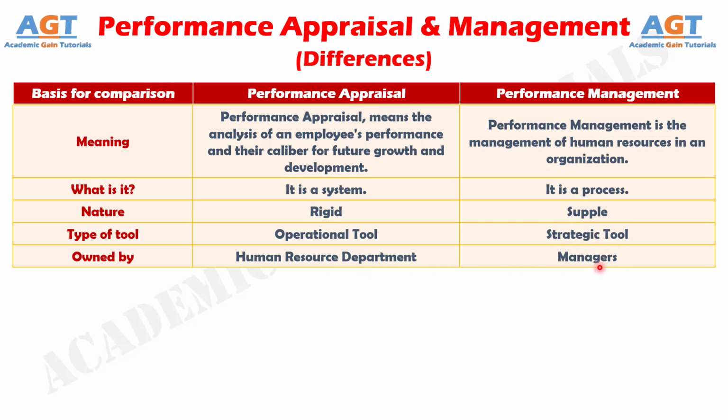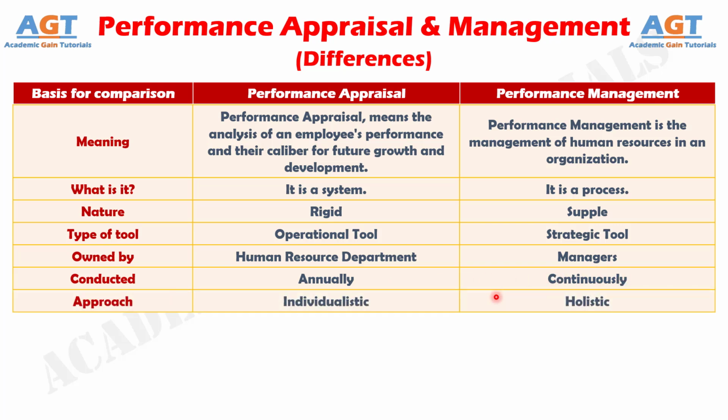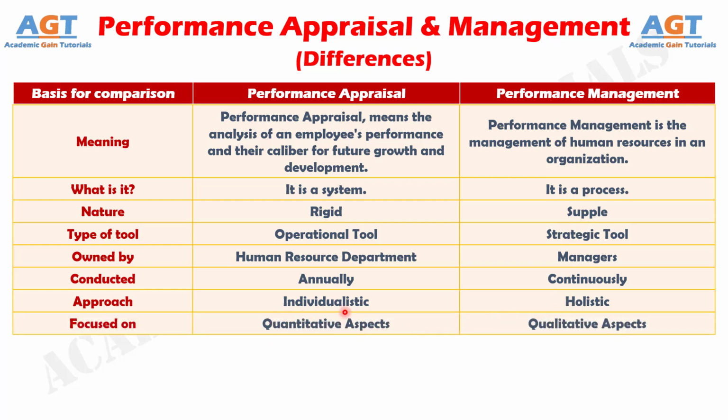for performance management. Number 6. Performance appraisal is conducted annually, whereas performance management is an ongoing process. Number 7. Performance appraisal has an individualistic approach, which is just opposite in the case of performance management. Number 8. Performance appraisal focuses on quantitative aspects, whereas performance management focuses on qualitative aspects. And difference number 9. In performance appraisal, corrections are made retrospectively, whereas performance management is about forward-looking,